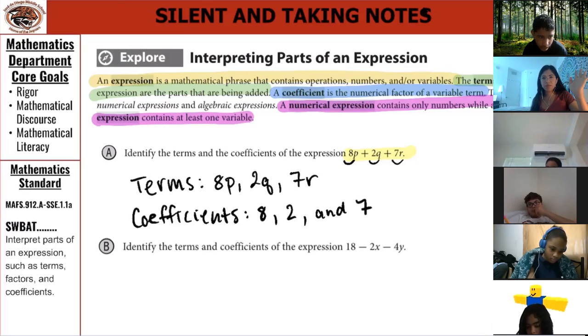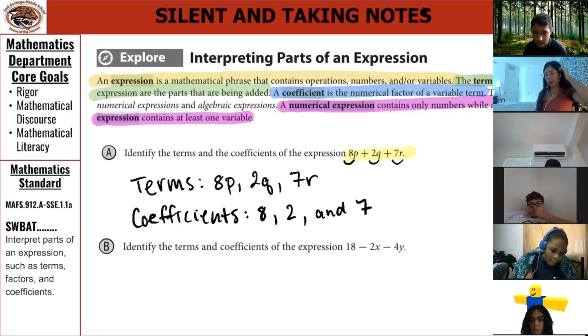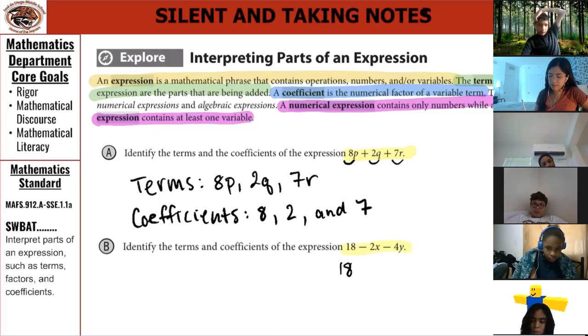Pretty easy so far. With example B though, I do want to point out, do you guys see addition or do we see subtraction? Subtraction. Okay, subtraction. So when you write this one down, first write it exactly like you see it, for example B. But we're actually going to rewrite it underneath, and we're going to write the same exact thing, but a slightly different way. I'm going to write 18, and instead of minus 2x, I'm going to write plus negative 2x